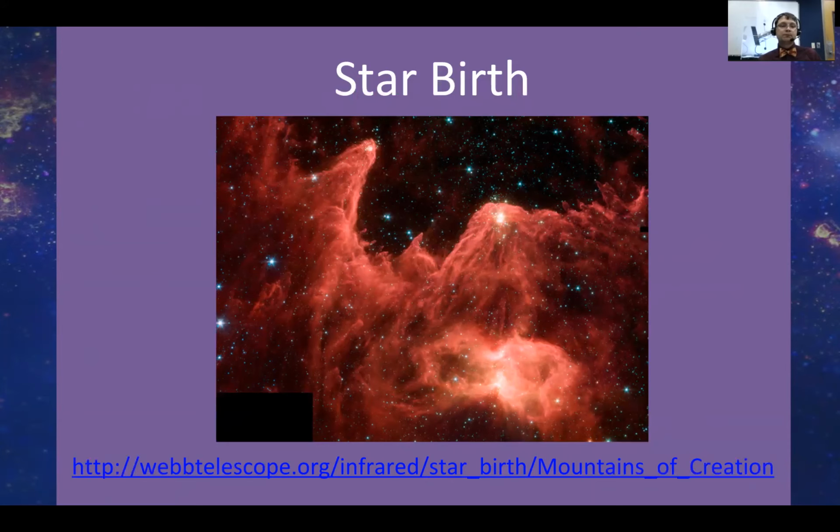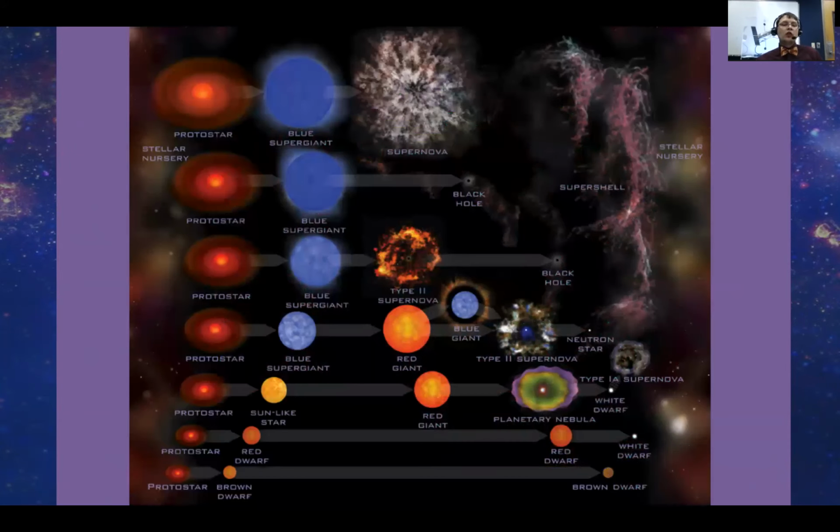So there are all sorts of different stars that form, and it depends on how massive they are, how much material has collected. The more massive a star is, the hotter and faster it's going to burn, and the hottest ones may die out in only a few million years. Other ones, like our sun, may last a little bit longer, approximately 10 billion years. We're about halfway through that right now.